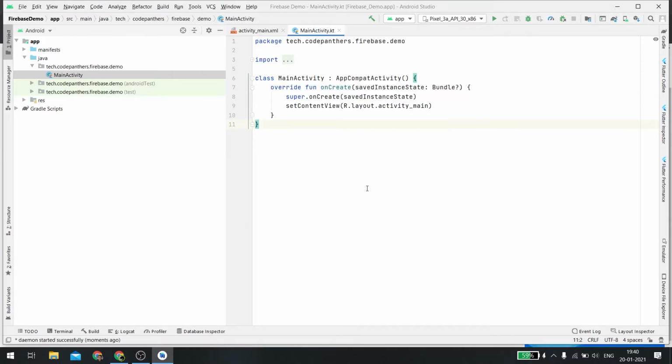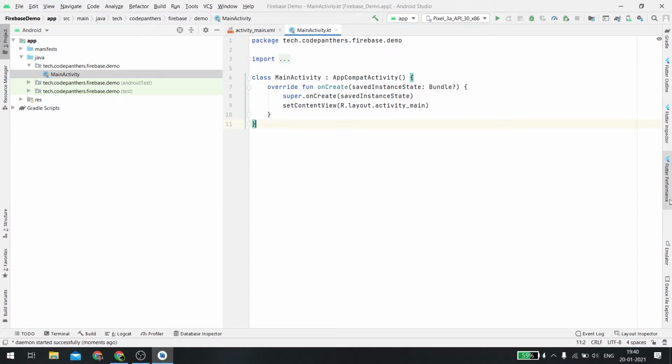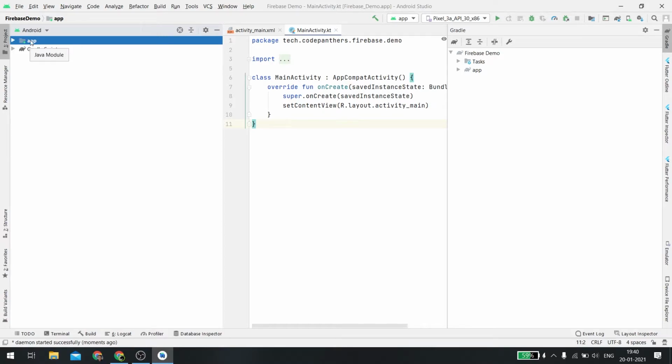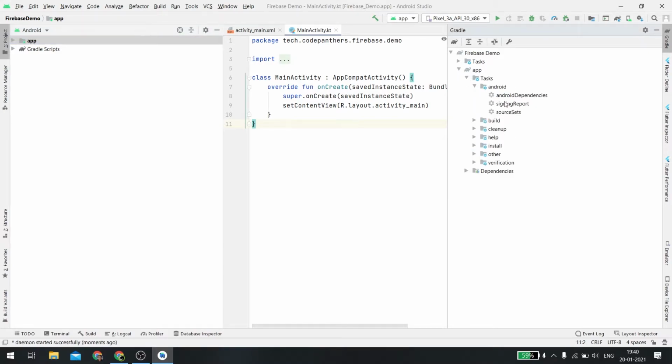So to generate this, you first have to open your project in Android Studio. Then look on the right hand panel, you will see an option on the topmost part which is called Gradle. Click on that. You will see the name of your project expanded. It has an elephant symbol, which is the symbol for Gradle. Now, same name as in your left panel, you can see app. There will be a name here, app. Expand it again. Go to tasks and go to Android. And finally, you will see the option with a gear symbol called signing report.